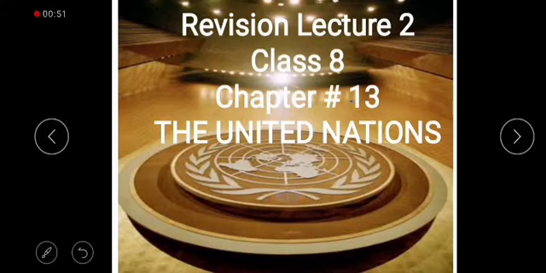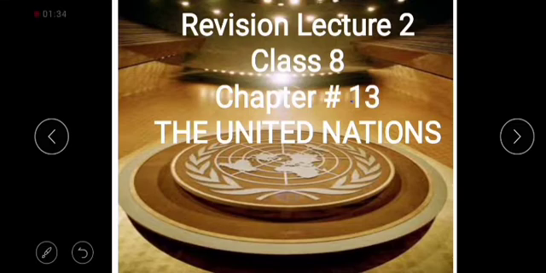63 nations joined this League of Nations, but USA and Russia, which were the superpowers at that time, never joined it. Then the downfall of this organization started when they had no forces basically to implement the decisions taken up by the League of Nations, and the superpowers were not supporting it. They were not a part of this organization. So this organization slowly and steadily collapsed with the breakup of World War II in 1939, and then it was abolished, it was dissolved, and the United Nations was created.